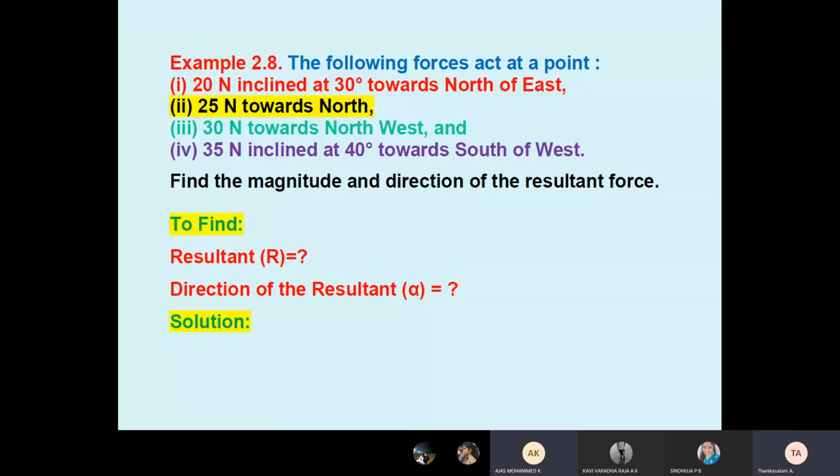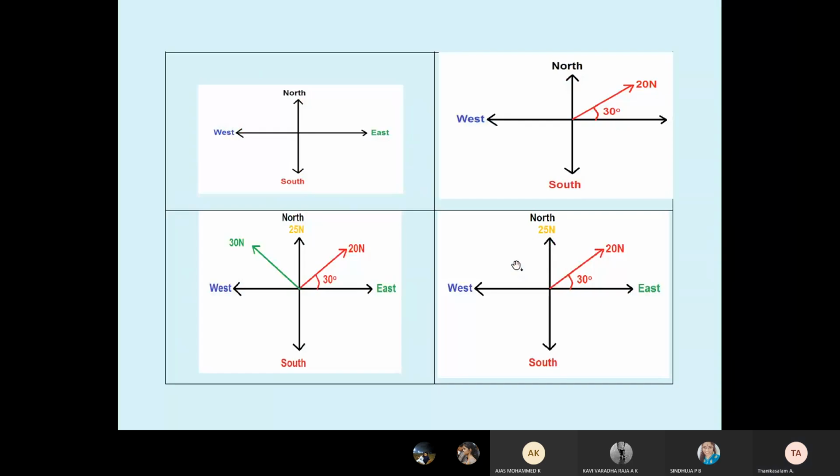So they mentioned the axis, no? They have given the directions in terms of northeast, they are testing our knowledge. See here, we know the graph. Already we know the graph. See, positive x-axis east, negative x-axis west, positive y-axis north, negative y-axis south. First you should know this diagram. Positive x-axis means east, negative x-axis means west, positive y-axis means north, negative y-axis means south.